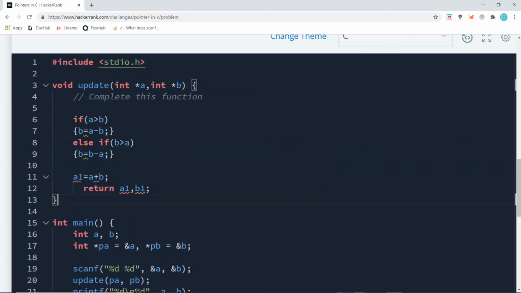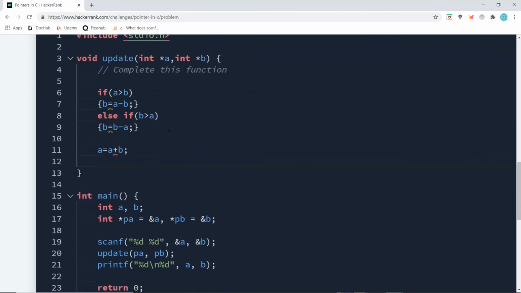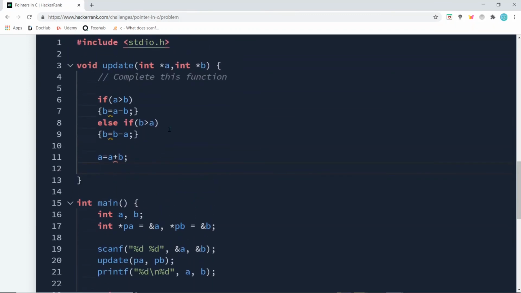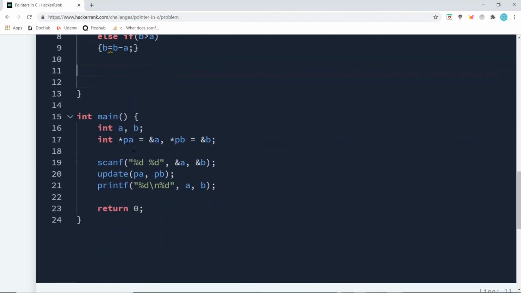Again a1 will be changed to only a, no return. We just have to update this, right? If a greater than b, b is equal to a minus b. Else if, okay, first we will sum it.